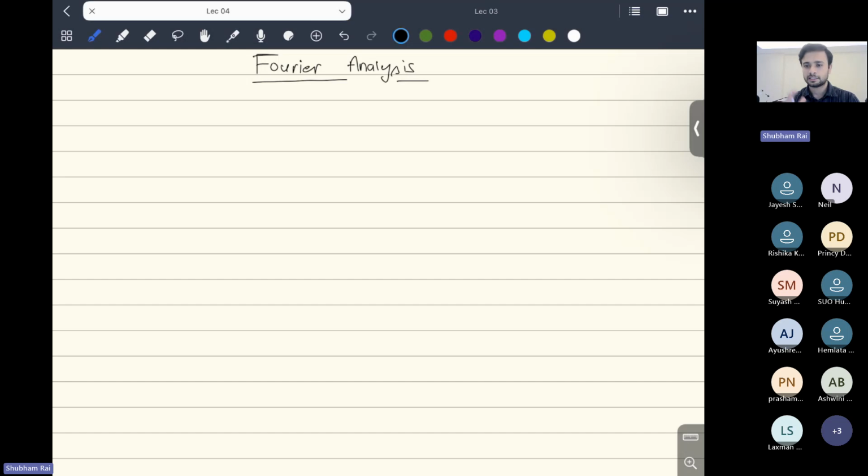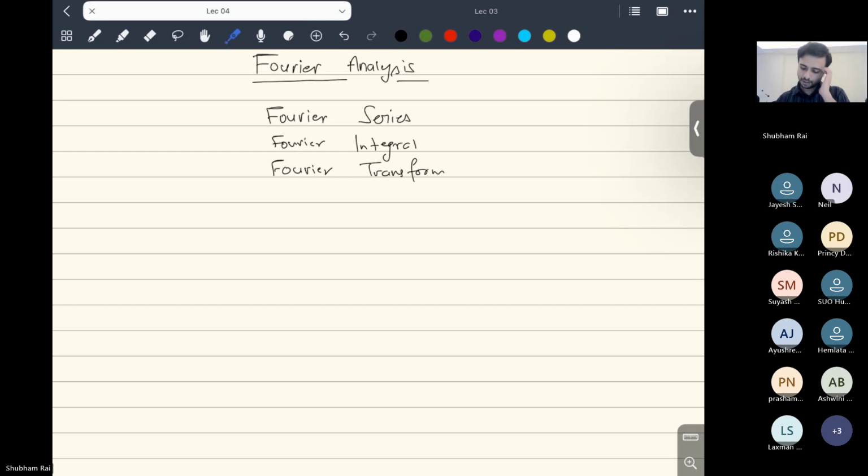Now, Fourier analysis will have three parts. One is Fourier series. Second one is Fourier integral. And third one is Fourier transform. So in Fourier series, we will try to express periodic functions in terms of Fourier series, and I'll tell you